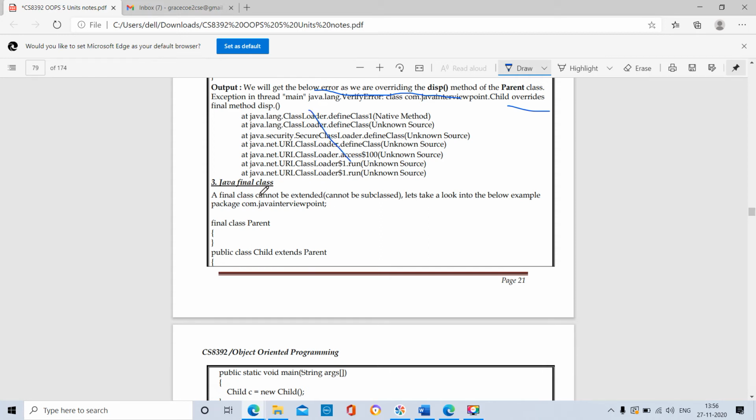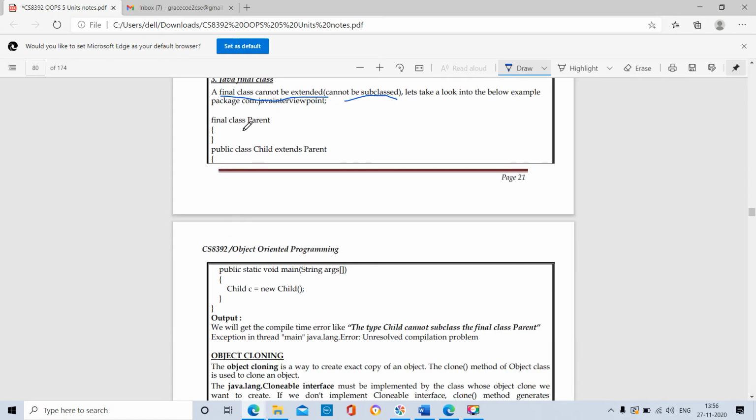Java final class. A final class cannot be extended, cannot be subclassed. So let's take a look at the example below. Final is the keyword.